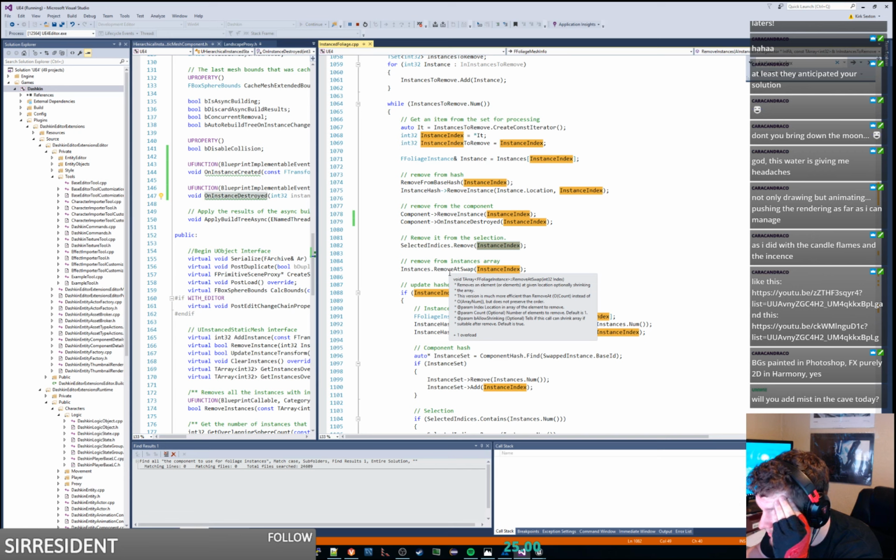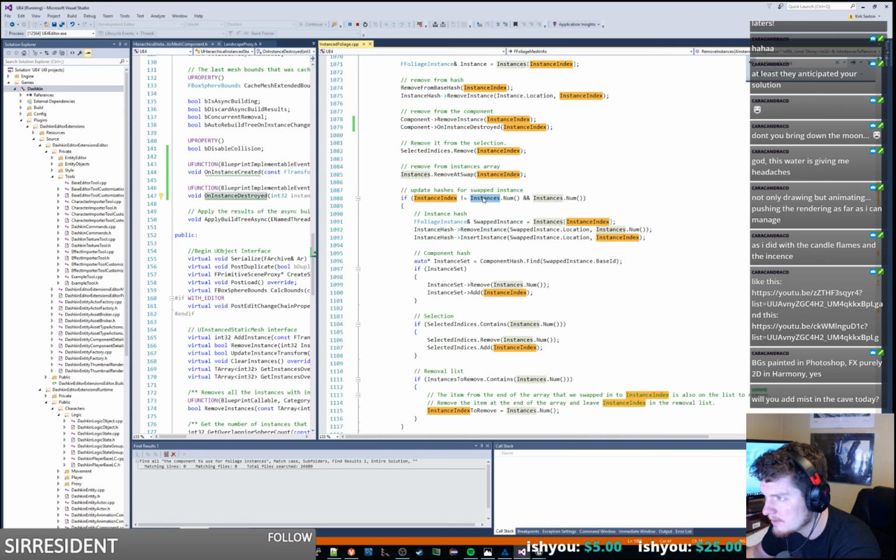This version is more efficient than remove at, but does not preserve order. Update hashes for swapped instances. If the instance index does not equal instances num, then the swapped instance equals, we're going to grab this and we're going to